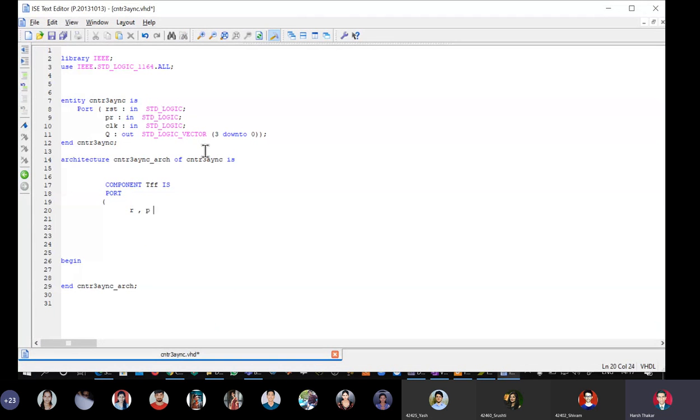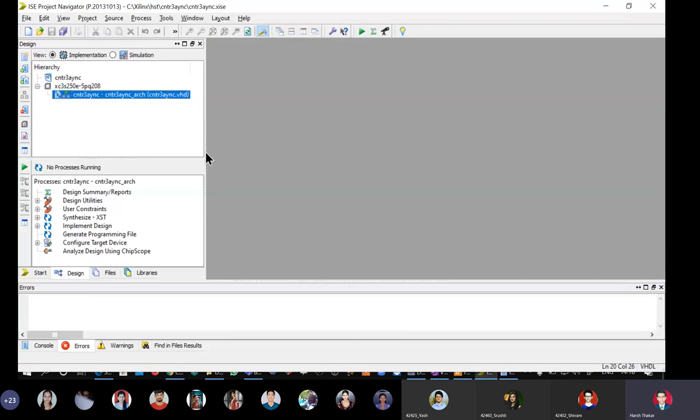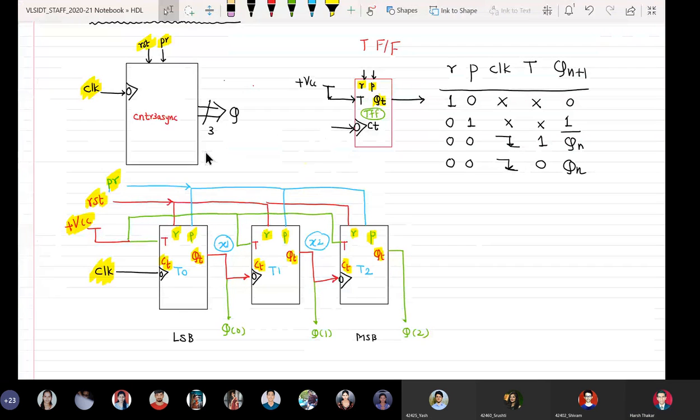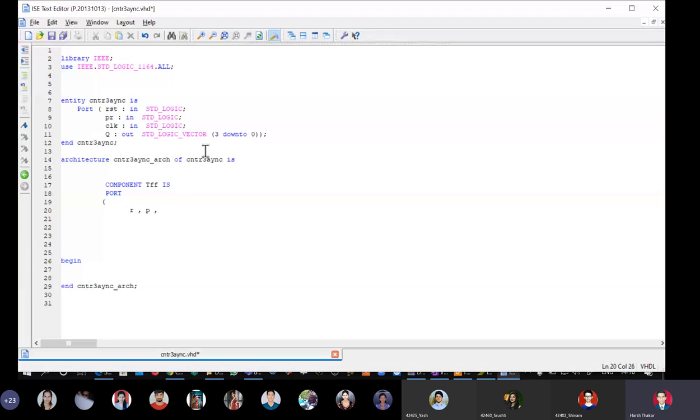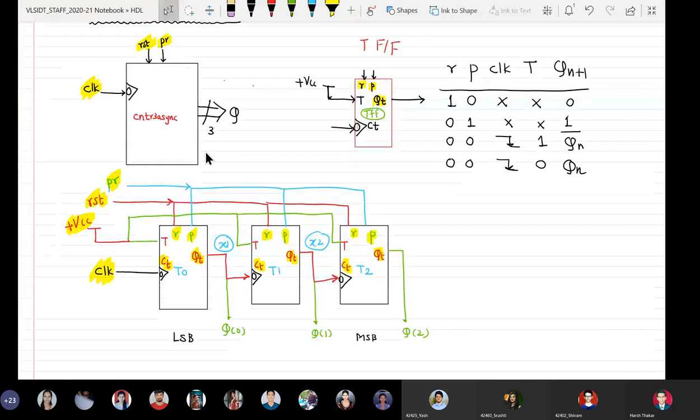R, reset, preset, capital T, CT. Okay, we can keep CT first. CT, can say capital CT, that is clock to the T flip-flop, and then we can keep capital T and QT.